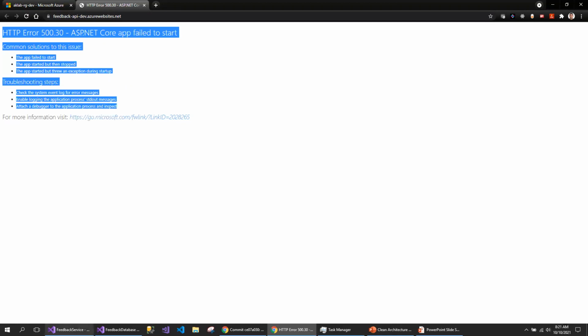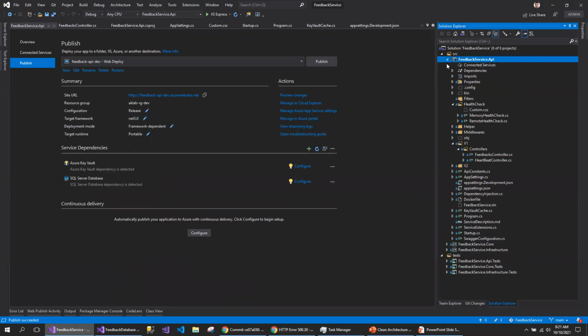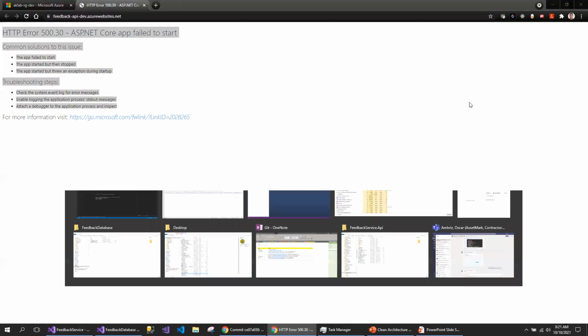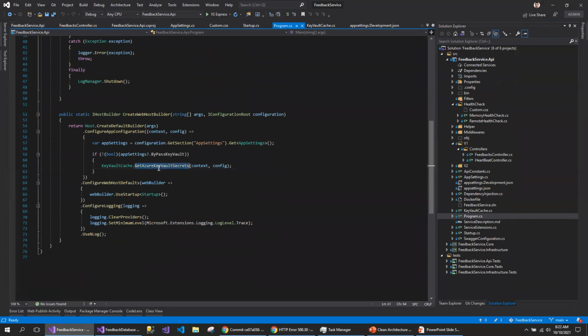This is expected because I have the Azure Key Vault configured and I haven't set up any permissions or anything yet for the Key Vault. So if I go to my program.cs, here I'm actually trying to connect to the Azure Key Vault.